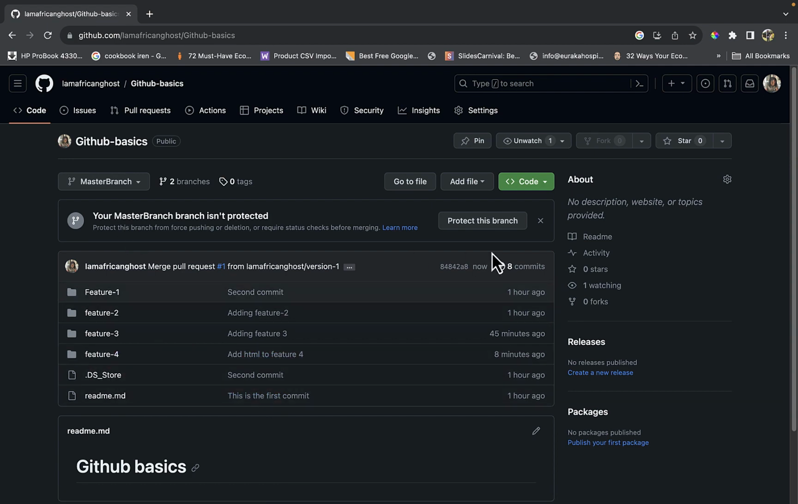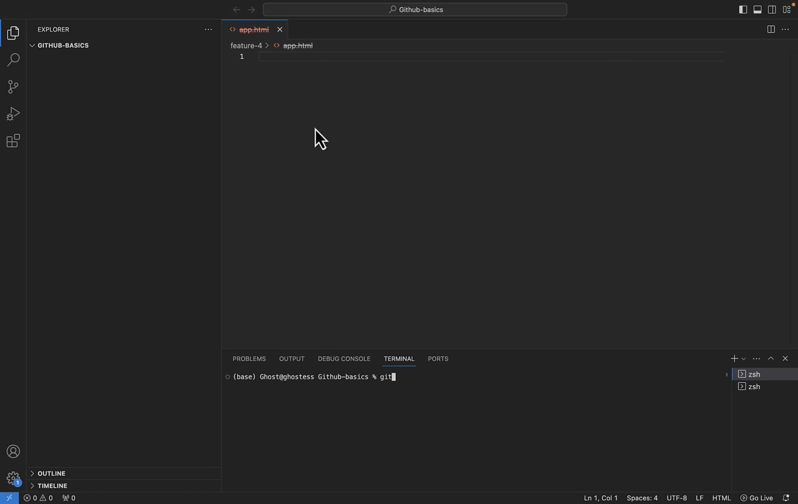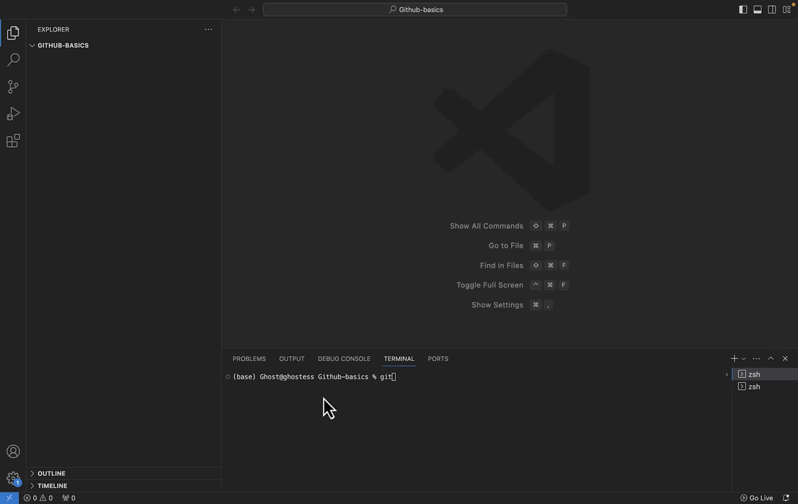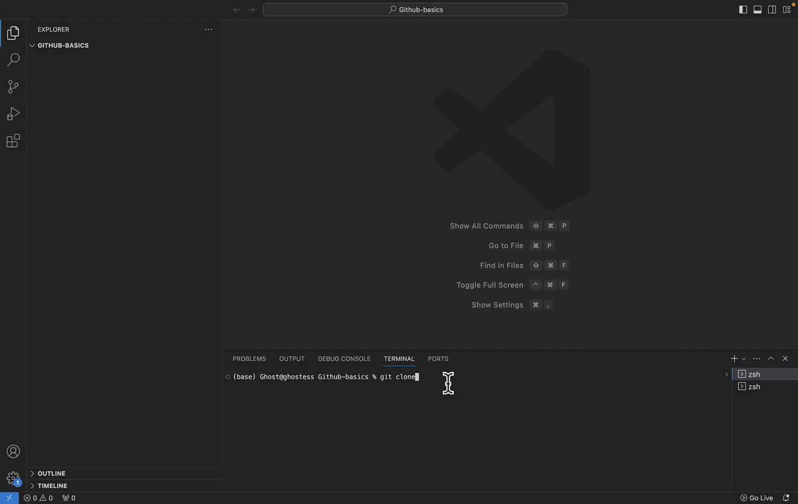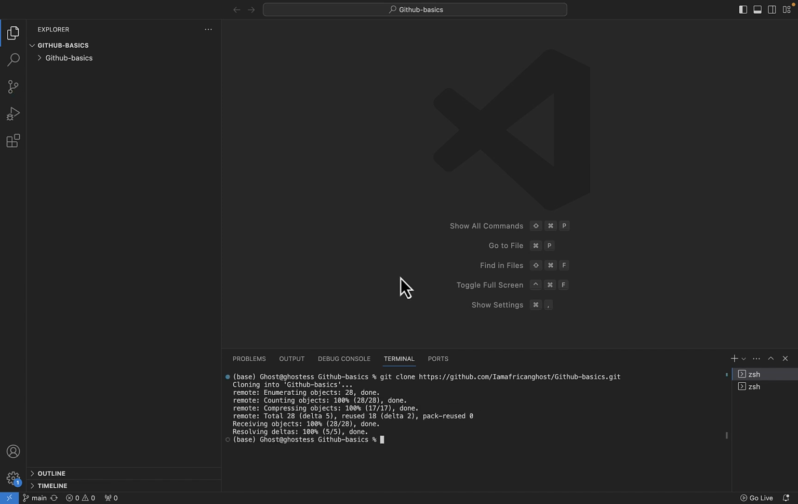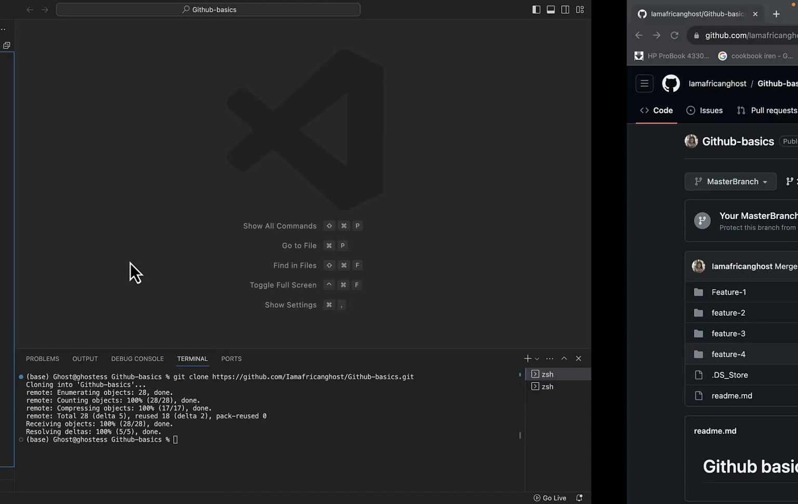Okay, so I'm going to come here and say git clone because we want all this folder structure to show in our local machine. So git clone and then the URL. Let's press enter and see cloning. Okay, and it's done. If we open GitHub Basics, feature 1 to the last one,